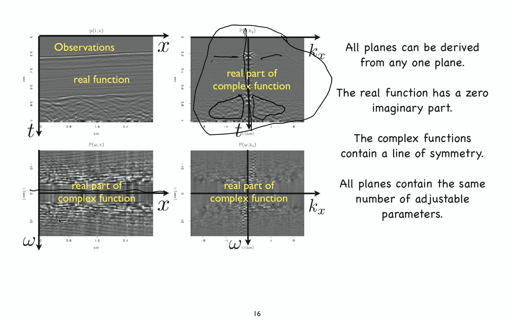You can't see it very well, though, because the top looks pretty much the same as the bottom. In fact, the top and the bottom are the same. They're made up out of cosine functions, so it forces this real part to be even. If you could see the imaginary part, it would look pretty much the same, except when you went to the